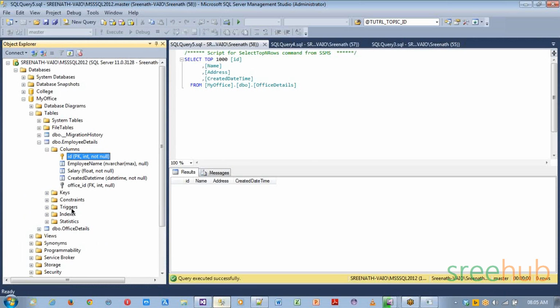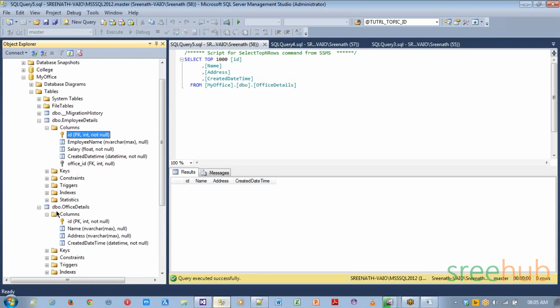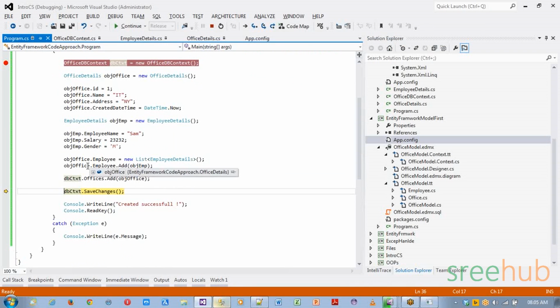You can see identity and primary, right? And you can see your office details got created, and in office details you have a foreign key office ID over here, right? It created because we created an office ID in my office. And now I'm going to save this. When I'm seeing it,